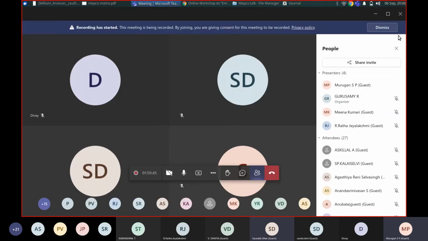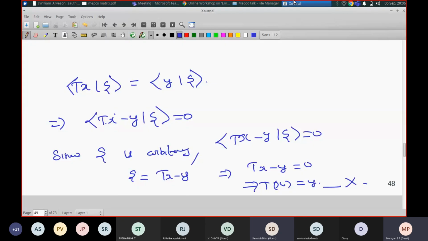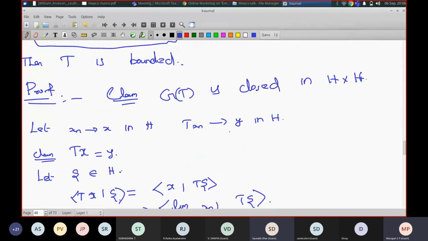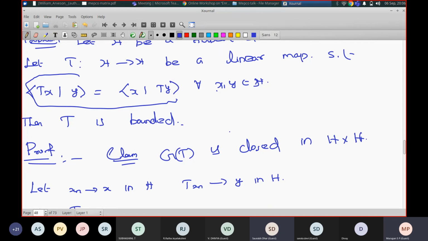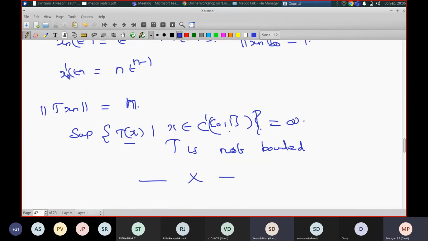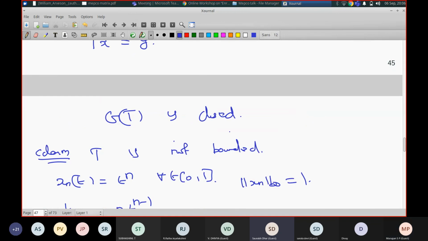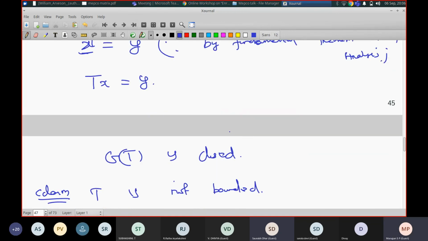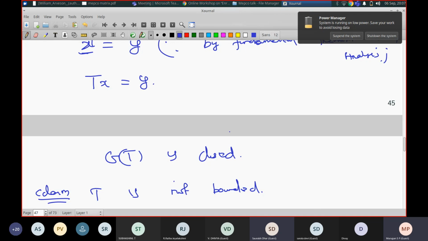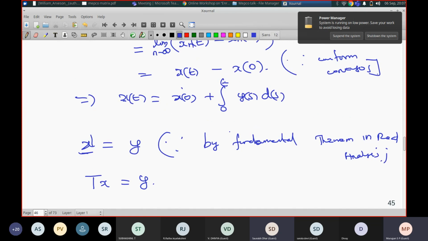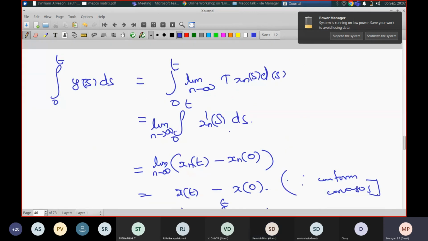In the previous problem, where you proved that the graph is closed but T is unbounded, in the above, when you have taken x dash equals y, then you automatically take T of x dash equals T of x, right? So for x dash, T must be onto, right? Are we considering T onto? No, T is not onto here.